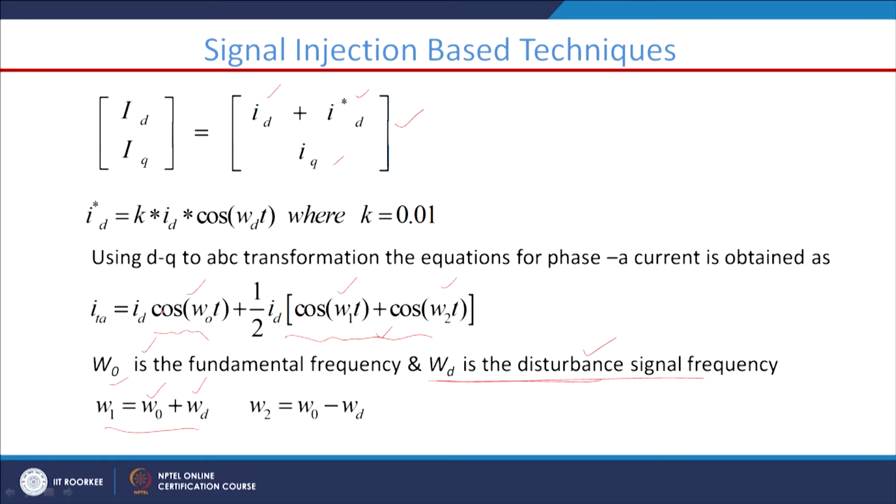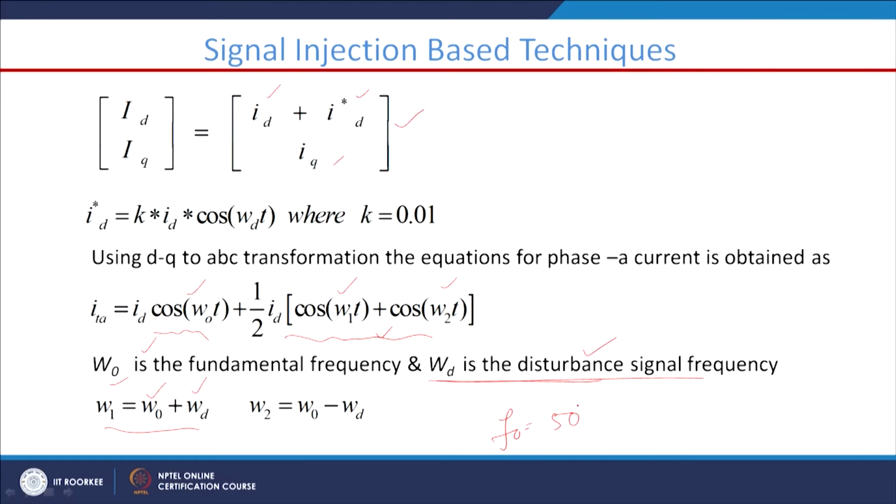Let us say F naught is 50 hertz. Then the corresponding W1 I can always calculate based on F1 and F2, that is F naught plus FD. If I take FD equal to 30 hertz, then it will be 50 plus 30,